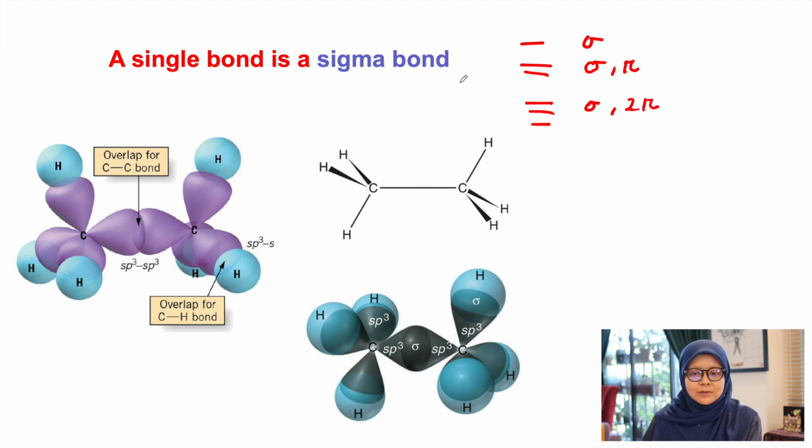Alright, so in this mode of orbital overlap, I will explain how the overlapping of orbitals can form sigma and also pi bonds. Right, so if you have a single bond, this will show you a sigma bond. Right, so in this case,